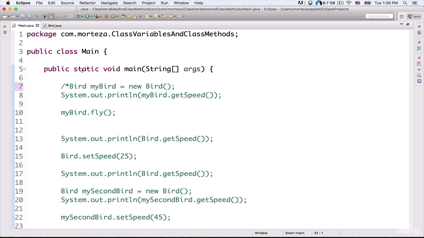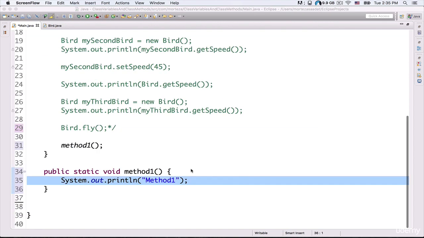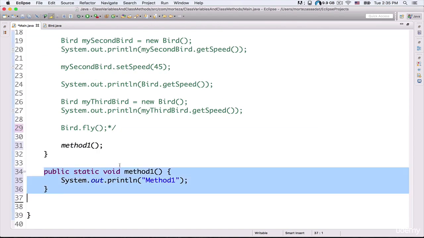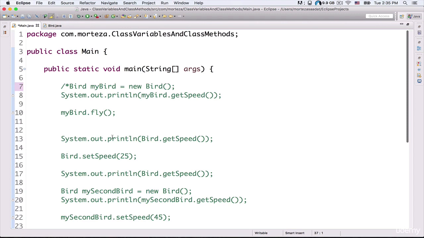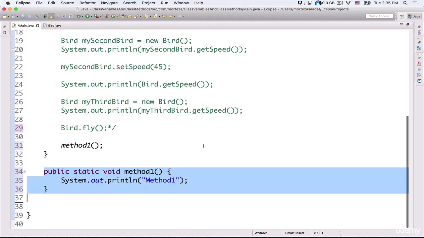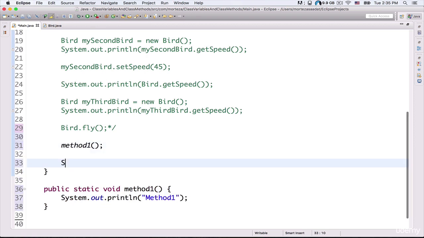Okay, this main method is a static method. This means that this method is a class method. So we must make this method a class method in order to call it from this main method. Okay, so this is very important. And another important point that I want to talk about is about this